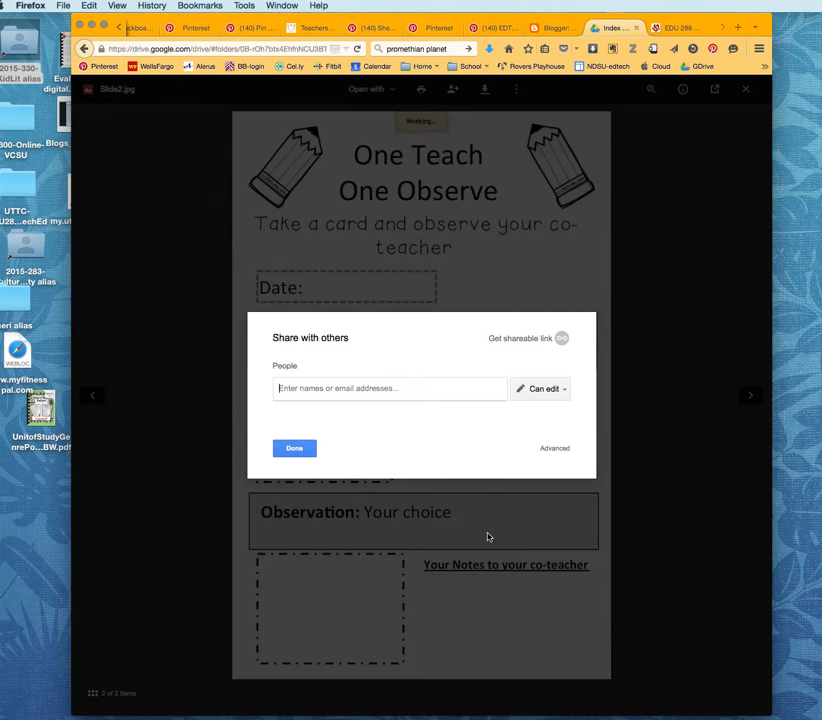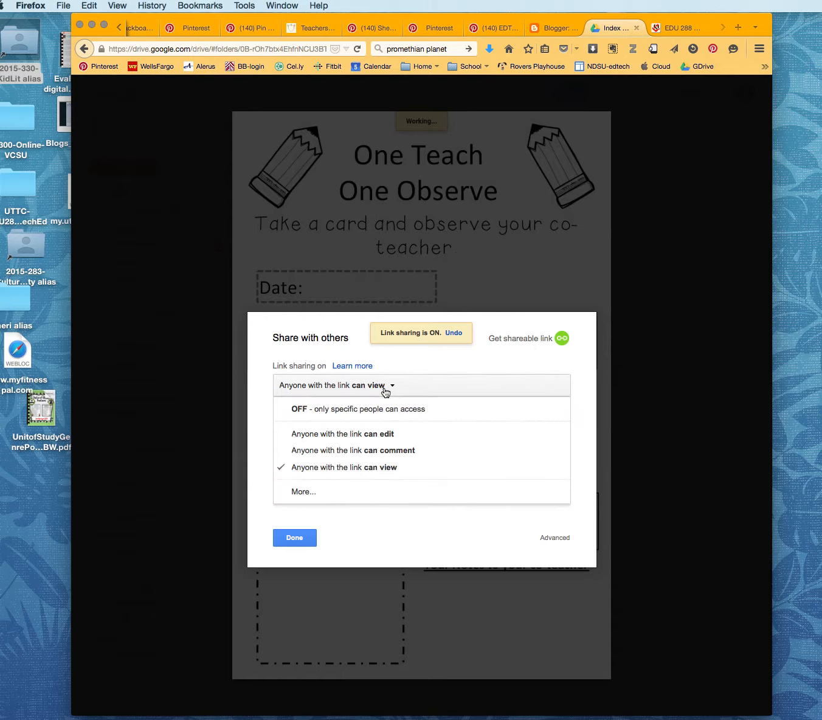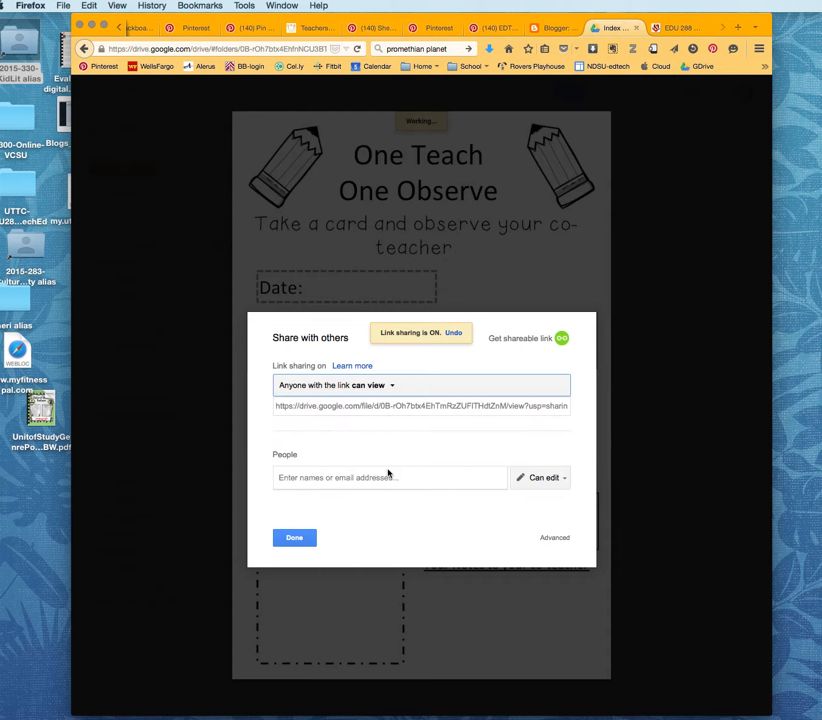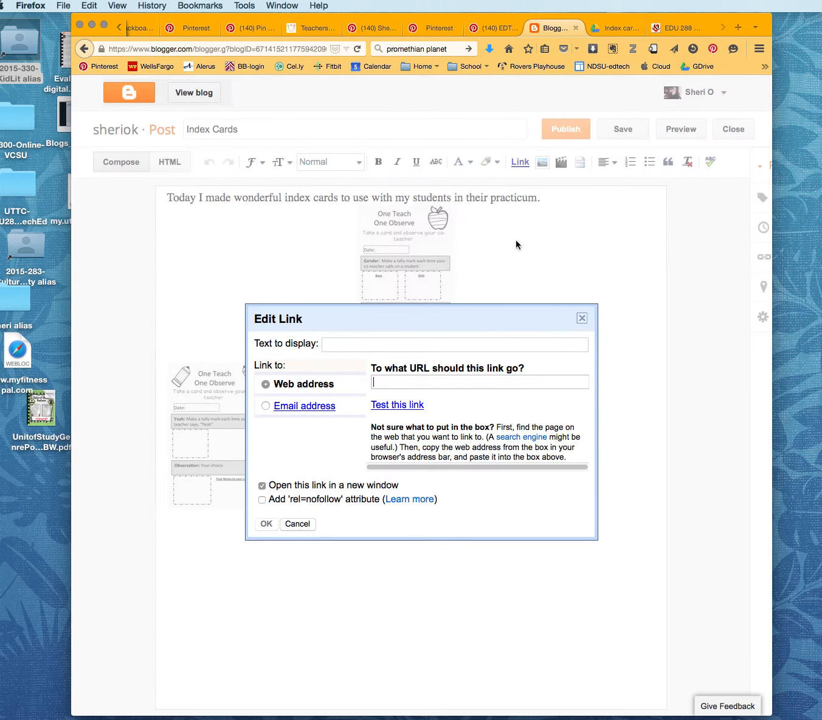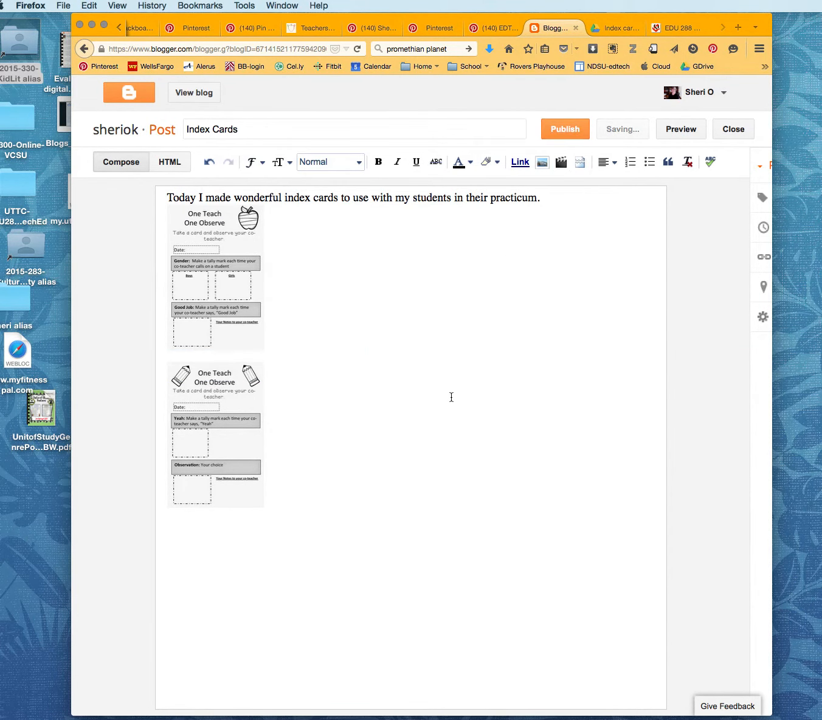share, and I'm going to get a shareable link. Anyone with this can view. Now because it's public, I'm not going to let them edit it because that could mess it up. So I'm going to just copy that, because I just want them to view it, and I'm going to do the web address, and I'm going to paste that, open in a new window, and say okay. So now if I were to go to this link, I'm going to put this back at the left, and I'm going to publish this,